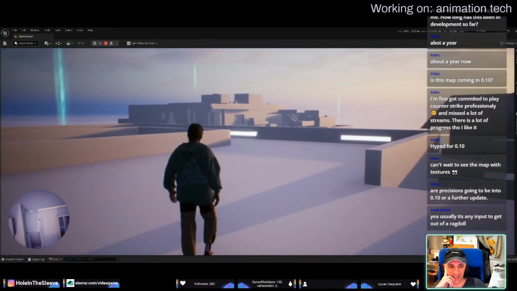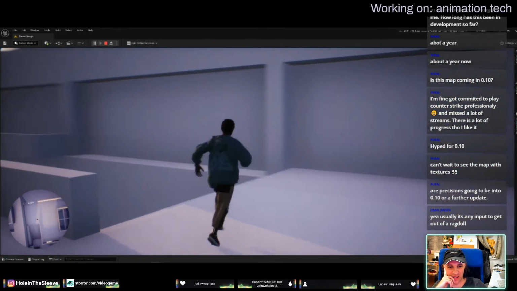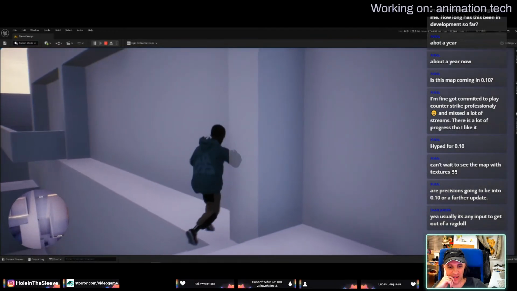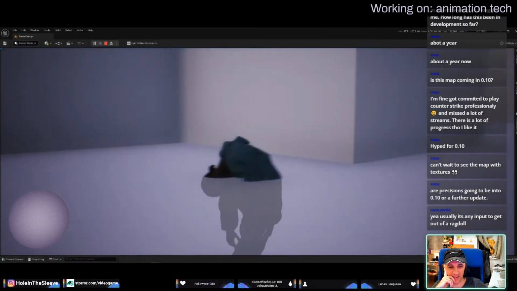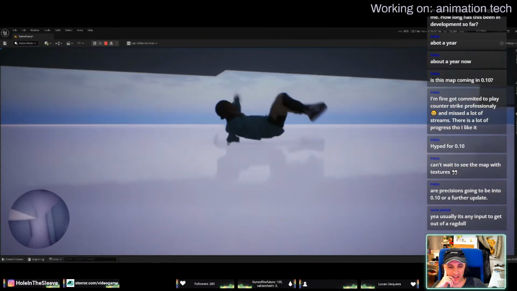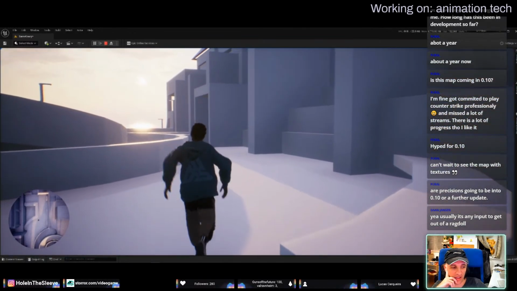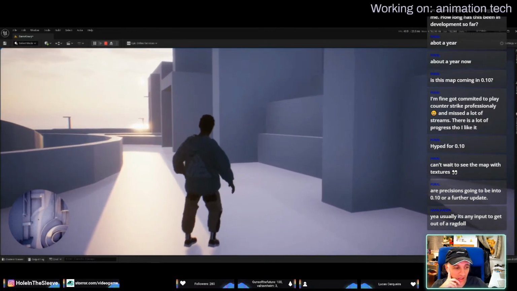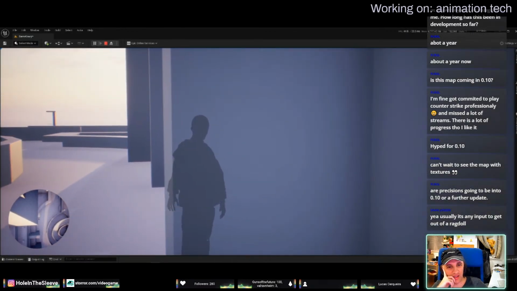Do you know what cracks me up? Let's see if I can get around this pillar. The hair, was that me, or was that the jump collision? Let's see if I can hide behind this pillar. So the hair doesn't have the X-ray shader on, so when he goes behind a wall, he becomes bald.